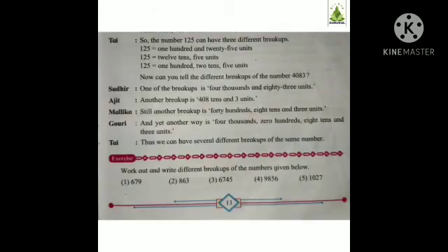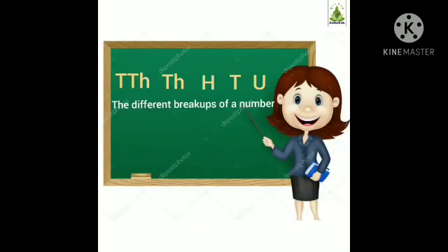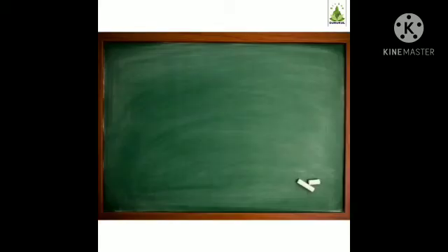Let us understand the different breakups of numbers. As you understood 10,000s, thousands, hundreds, tens and units. With the help of these places of the digit, we can break up the number in different ways. Example, 679,